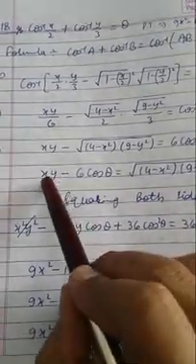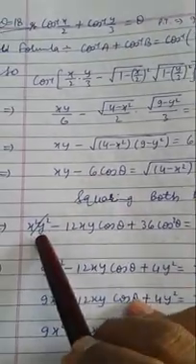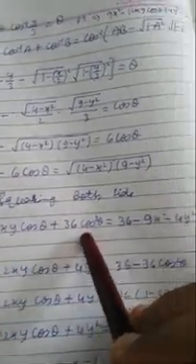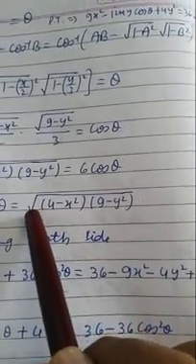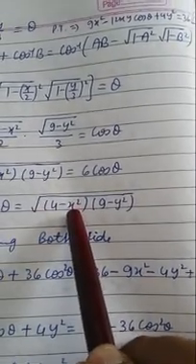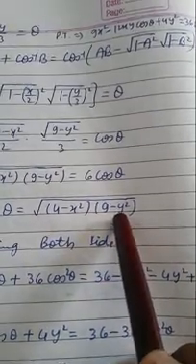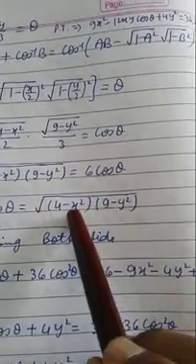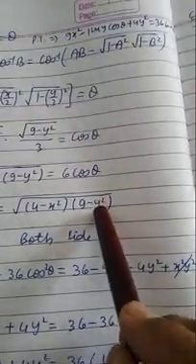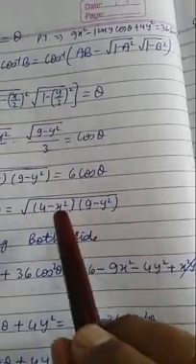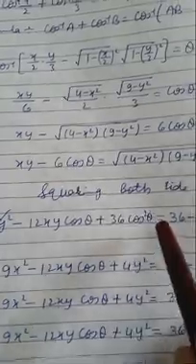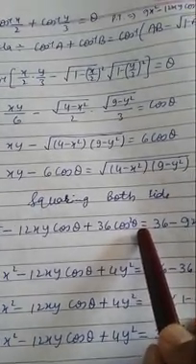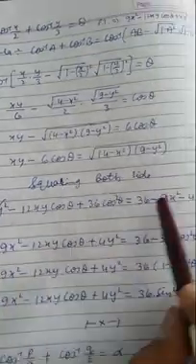If we square both the sides, we have a minus b whole square, a square minus 2ab plus b square. But in RHS, the under root is cancelled with the square. So we have got 4x square, 4 minus x square, 9 minus y square. If we multiply it, 9 4s are 36, 9 into x square, 9x square, y square into 4 minus 4y square, and positive x square y square. This x square y square positive and this x square y square positive are in opposite sign, so they must be cancelled.